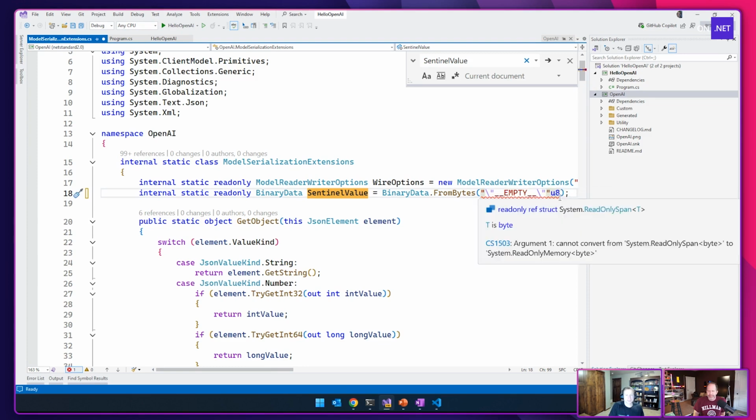And we're going to use a relatively new thing called this U8 string. I don't know if you or your readers or your watchers have seen this, but what this says is, in .NET, strings are normally UTF-16, right? They're two byte characters. What U8 does is it says, take this hard-coded string, but make them into UTF-8 bytes. And so you see what this is. It says it's a read-only span of T, where T is byte. And so this is the literal UTF-8 bytes for double quote, underscore, underscore, empty, blah, blah, blah.